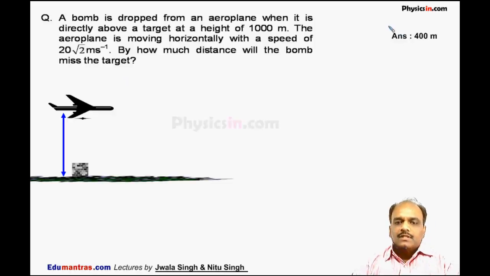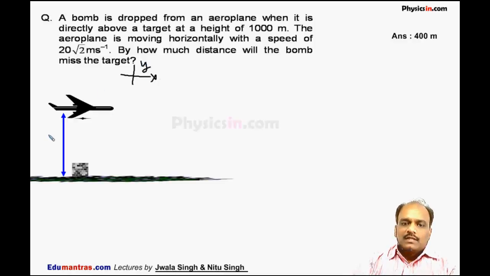Now, this is an aeroplane bomber which is moving horizontally. Let this be our x-axis and this be our y-axis. At this instant, this is the target where we have to drop this bomb. Now when we drop this bomb, let the bomber be moving with speed v0. It is given as 20 root 2 meter per second. So this bomb is also moving with the same speed v0 when it is dropped, and it will follow a